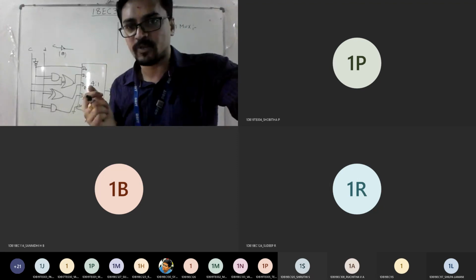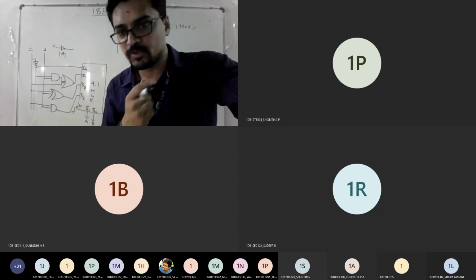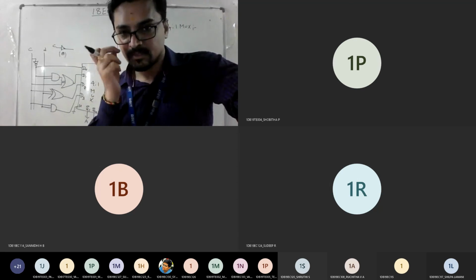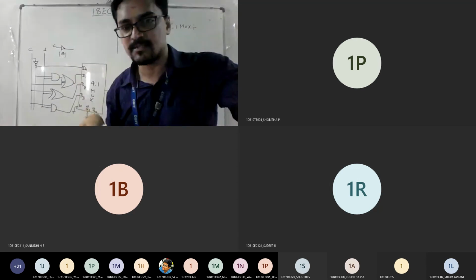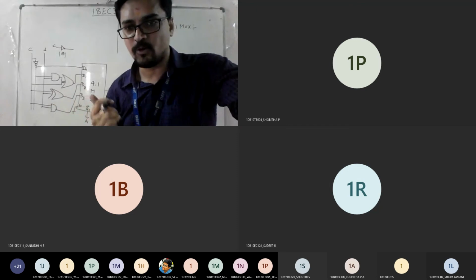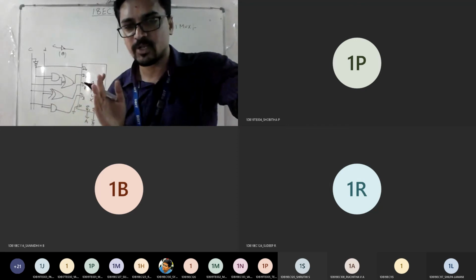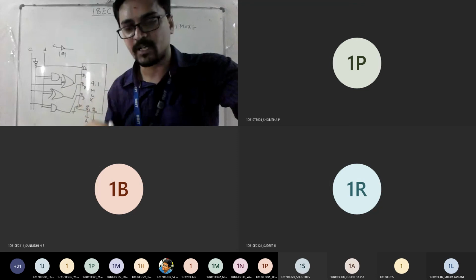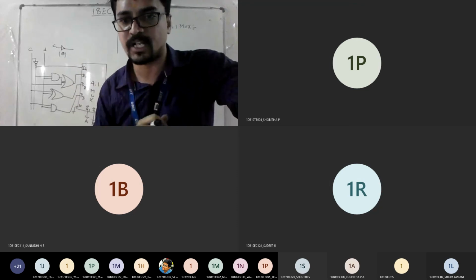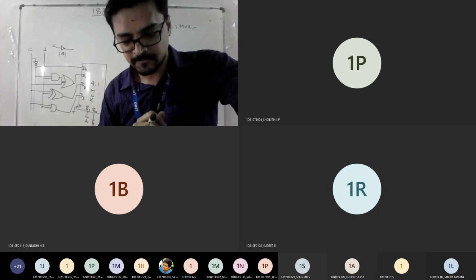But in the case of 4:1, there are 2. So how will you control 2? Because you have only one enable pin, I can control either this or this, like we did in the last 8:1. So for this type of 4:1 relation, along with 4, you should connect the outputs of all to one more mux, which will be controlled by the remaining 2 selection pins. Am I clear?